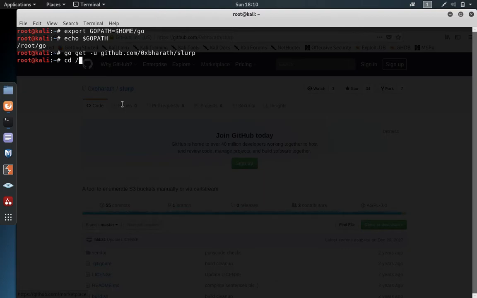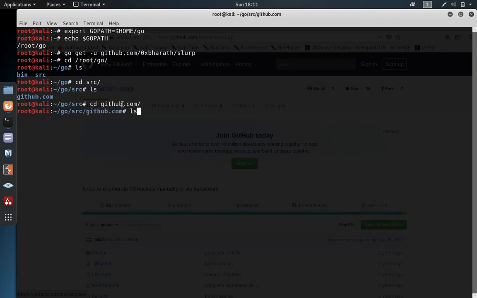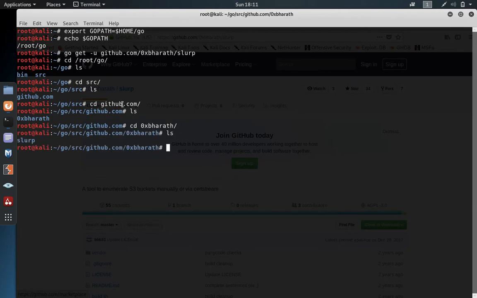So let's move to, sorry, cd /root/Go. All right, there we are in the Go directory. ls, cd src, ls, cd github.com, ls, cd 0xbharat, ls, and there we go.